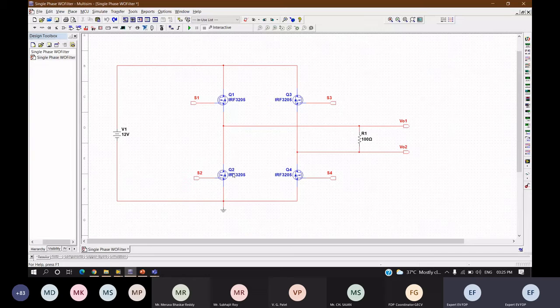In the same way, when S2 and S3 are turned on, our voltage will first get into S3 and flow in the negative direction in your load, and it will complete its circuit through S2. So S1 and S4 are one pair, and S2 and S3 are another pair.